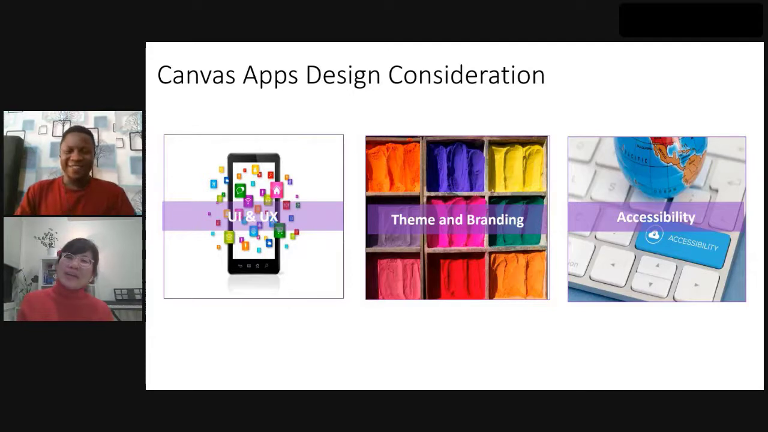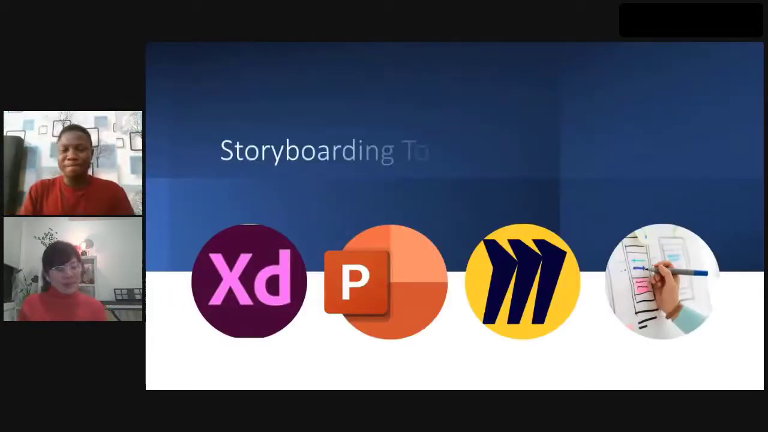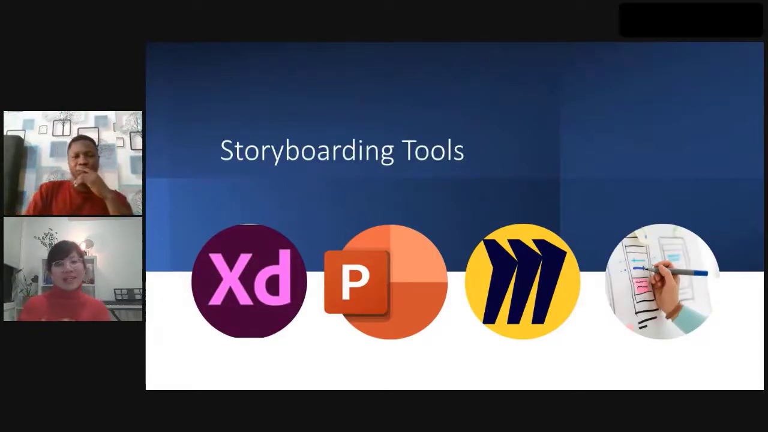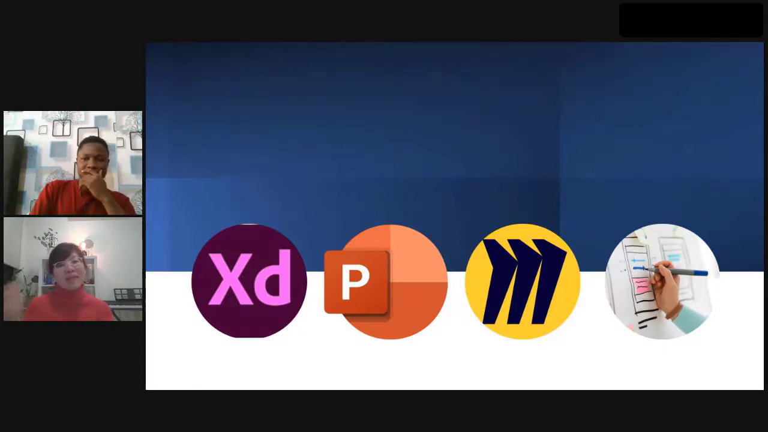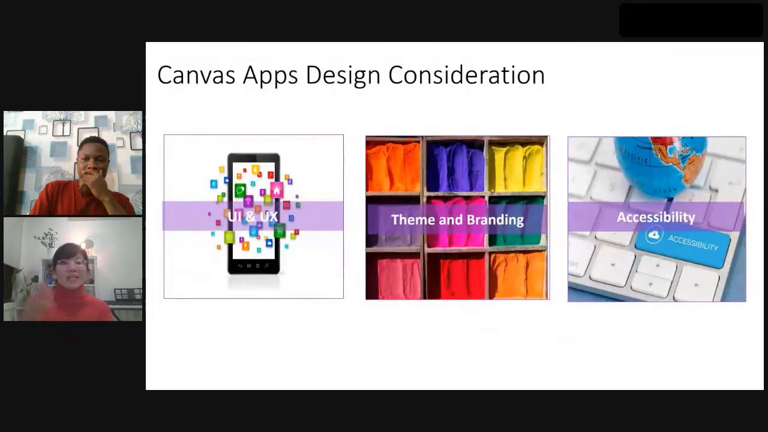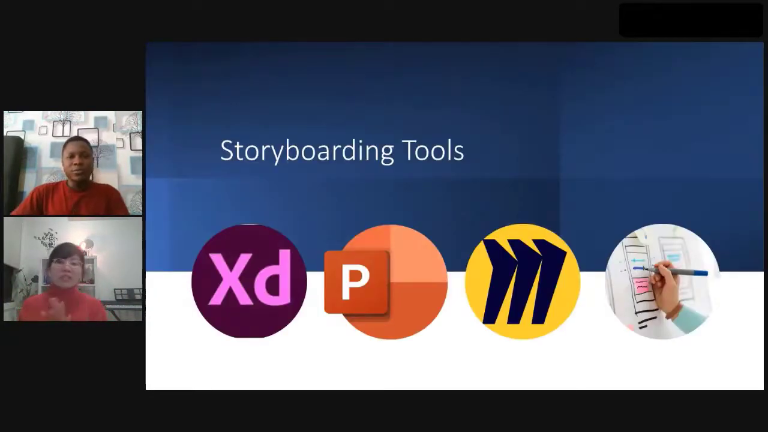One more thing is, I think the best way to do a design is to look at other apps, look at how other apps are built. So I like to copy the design of other apps, just take something similar, the look and feel. So moving on to the next slide, I think we're going to talk about some of the storyboarding